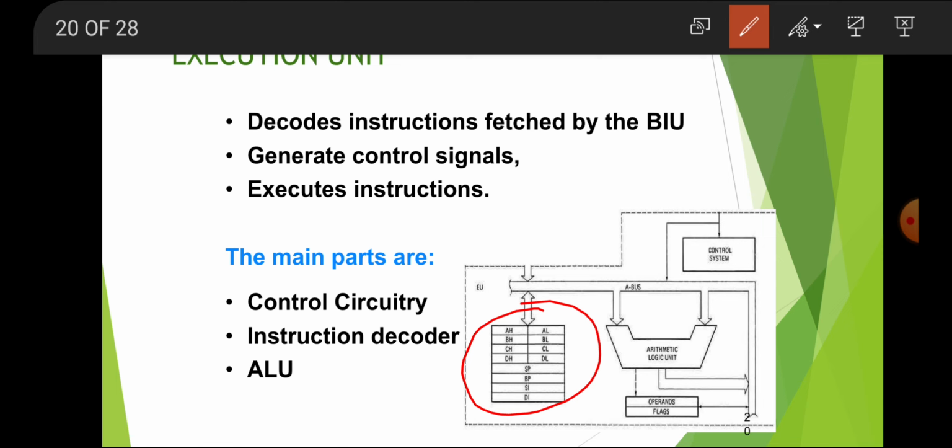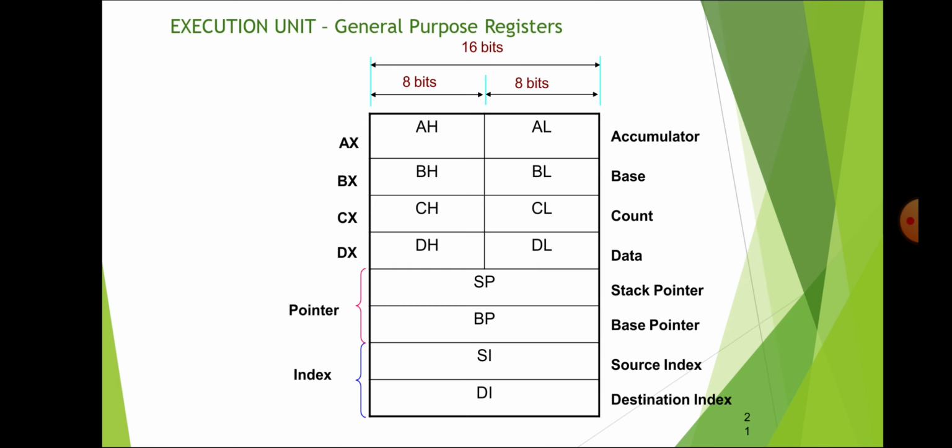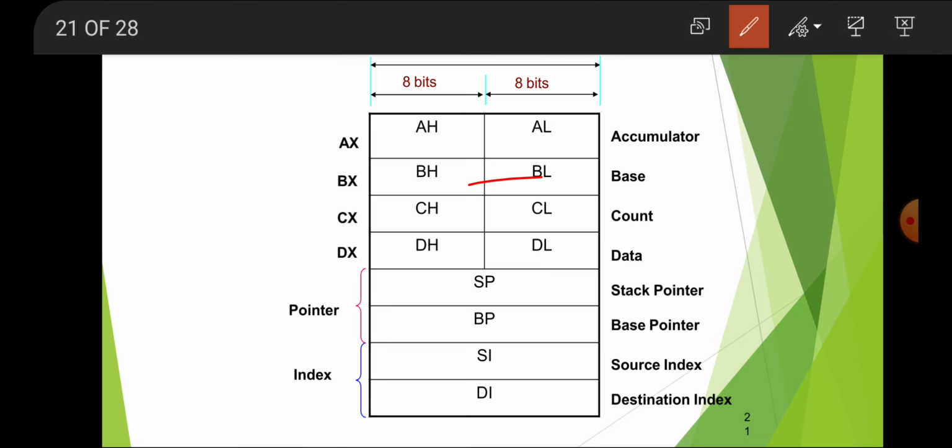Then you can see here one block, which is nothing but the registers that the programmer can handle. The programmer can use these registers. Here are AH AL, BH BL, CH CL, DH DL. These are exactly four 16-bit registers which the programmer can use. Suppose I take the instruction MOV BL, CL. I want to move whatever is in CL into BL.